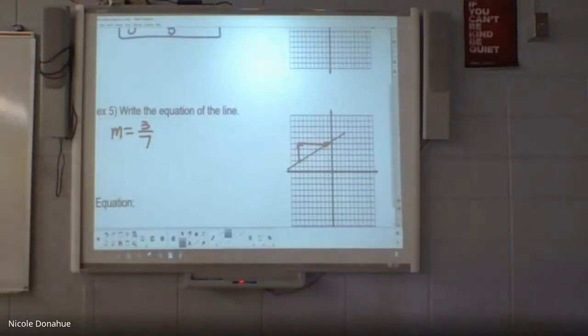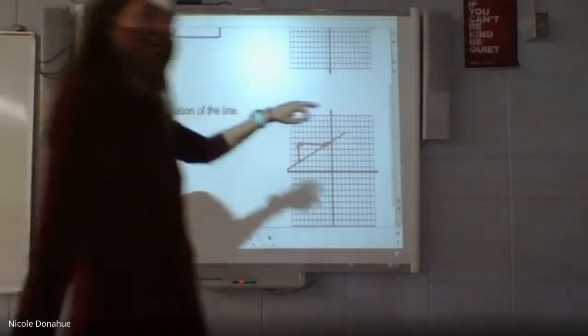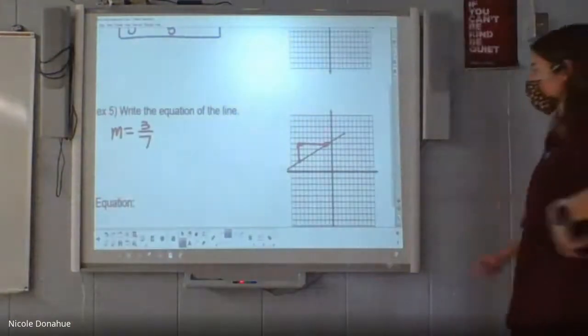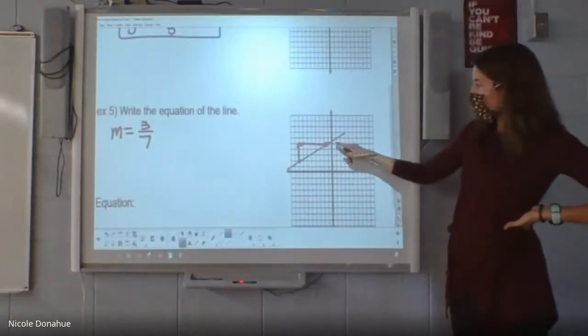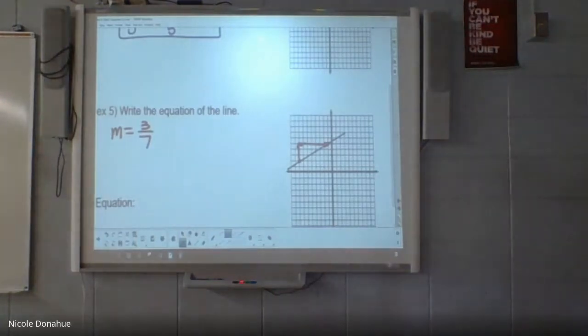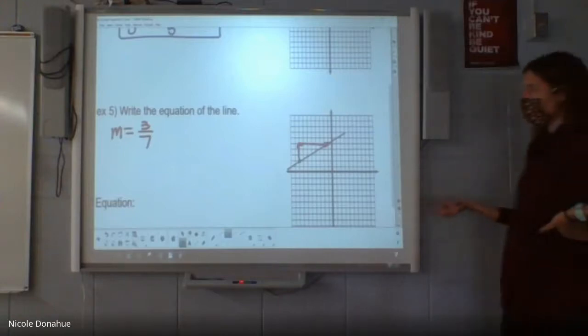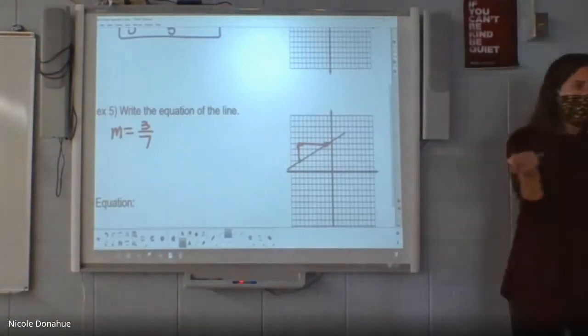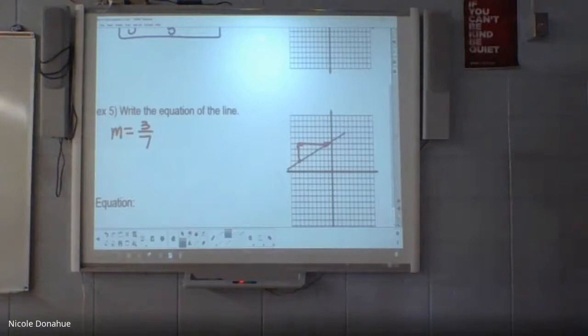The issue in this case is the fact that the b is not a nice number. I can tell it's right between two coordinates. Now I can estimate and say it's 1, 2, 3, 4, 5 point something. But I want to be as exact as I can. I want to be specific. So if I know the slope, and you definitely need a calculator for this one because 3 over 7 is a horrible fraction, if I know the slope, how will I find that b?